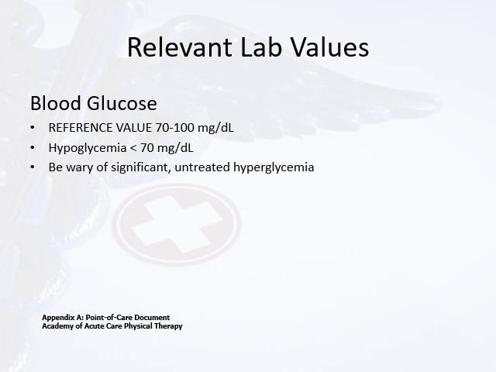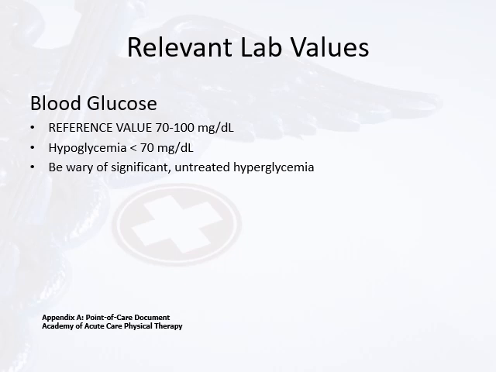Patients with diabetes may have normal blood glucose levels, even a little bit higher than our standard reference values, depending on how well their glucose is controlled. But it's important to be wary of significant untreated hyperglycemia. There are numerous values throughout different pieces of literature. I think a good rule of thumb is if your patient's blood sugar is above 350, you really want to